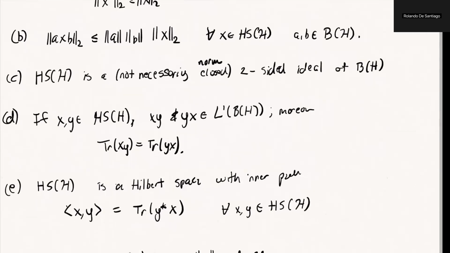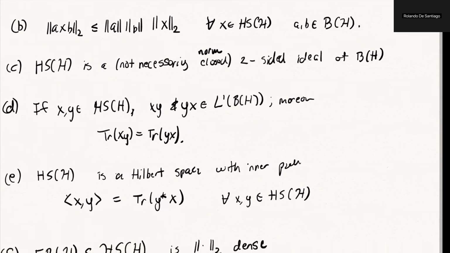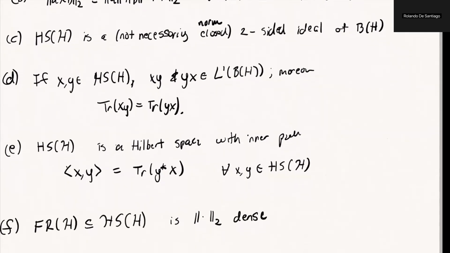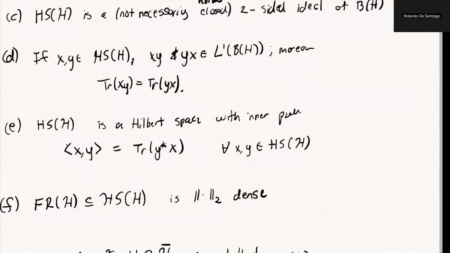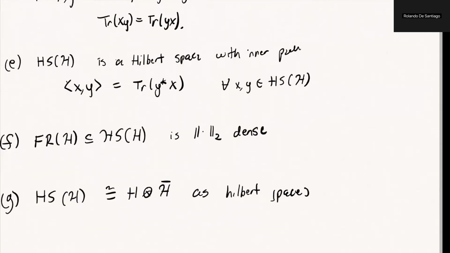Moreover, the set of Hilbert-Schmidt operators on its own is a Hilbert space. It's a Hilbert space of operators, and the inner product is given by the trace of Y star X. This will make it linear in the first entry and conjugate linear in the second entry. The set of finite rank operators on H is a norm-dense subspace of the Hilbert-Schmidt operators. And Hilbert-Schmidt operators can be identified with the tensor product of H with its